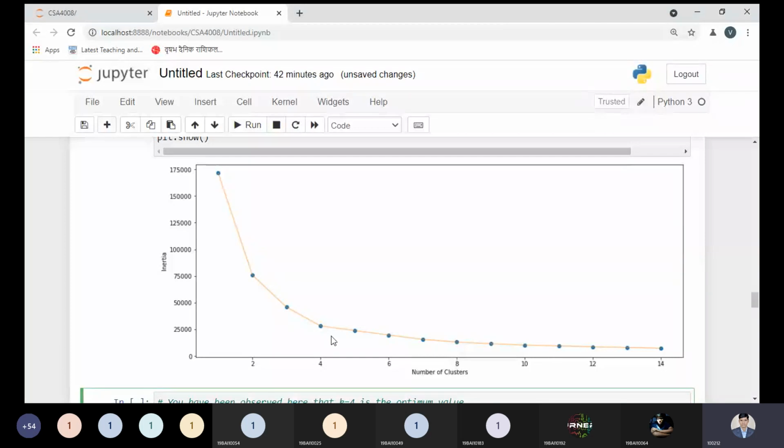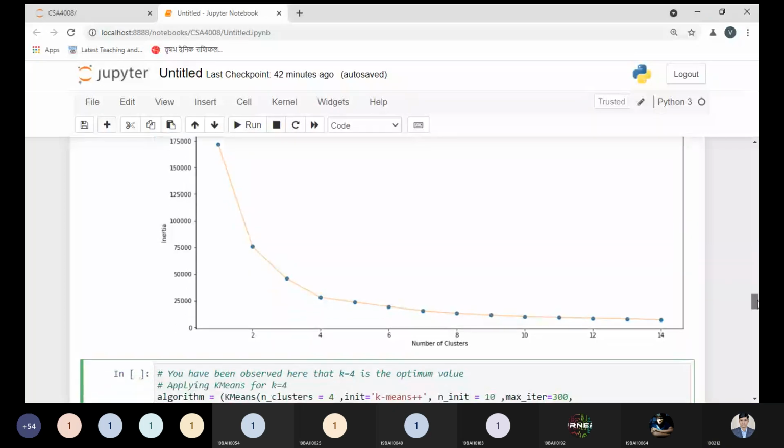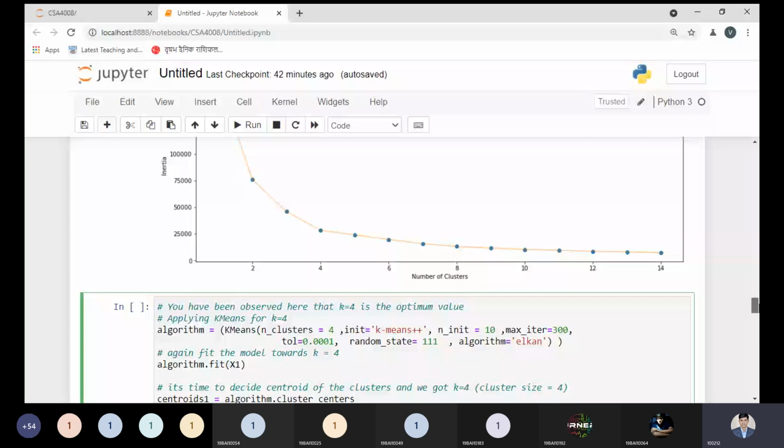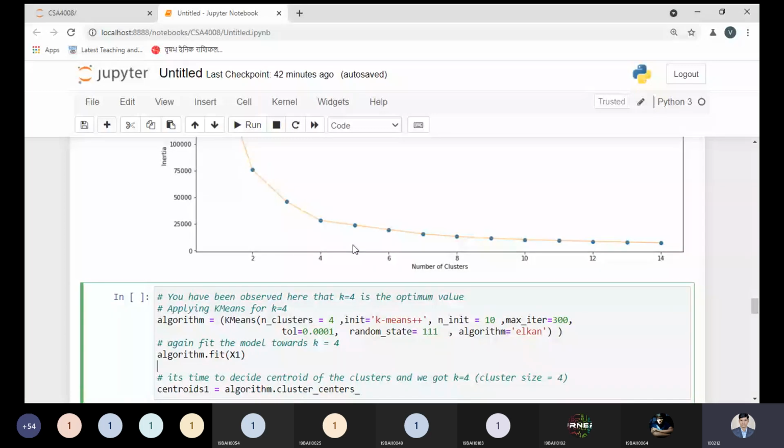From this elbow method we are able to see. I'm using graph-based information today because the graph will show the information in a proper way. Then you will be able to understand at what point we have the elbow. So at k equal to 4, we have the elbow. But if you see k equal to 2 is better, you can choose it, no problem. According to your demand, you can update this code. That's why I asked this question: at what point do we have the elbow? You can observe k equal to 2, so I can update it, no problem. I'm following the instruction, but the syntax I'm using is the more important part.